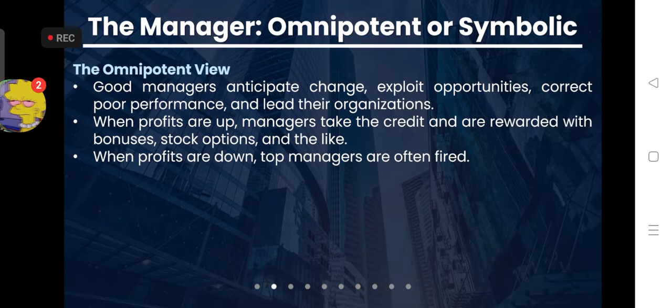So, if a positive event occurred in the organization, the managers get credited, rewarded, or sometimes whatever the managers want to be given by the organization. Meanwhile, when profits are down, top managers are often fired. So that is the omnipotent view. They fire the managers because they believe that the new blood, or new managers, will bring improvement to the results of an organization. So, for example,